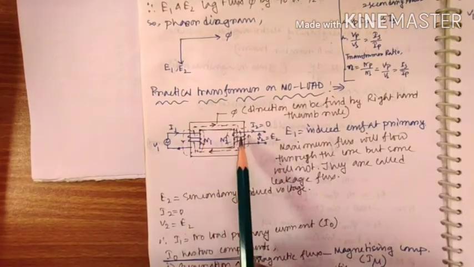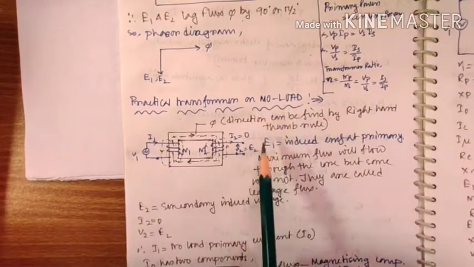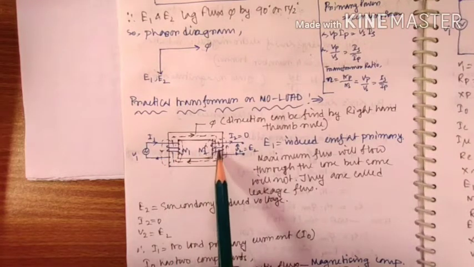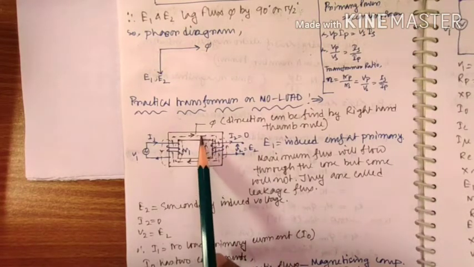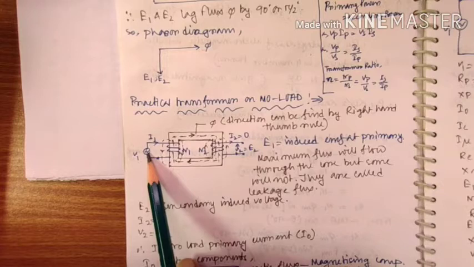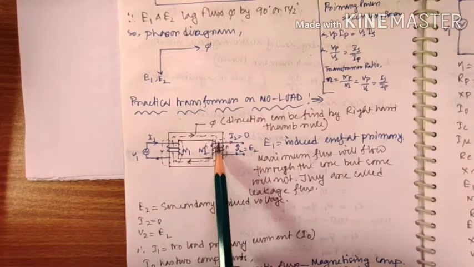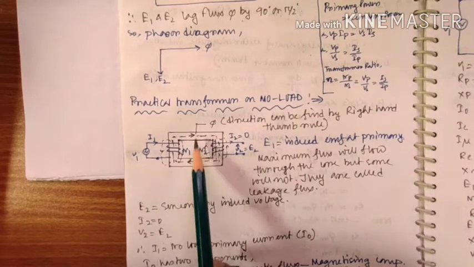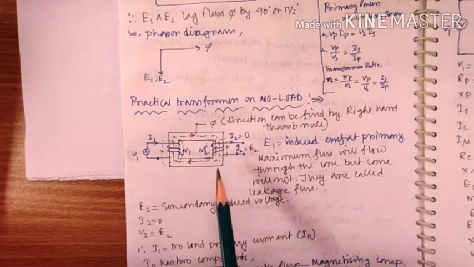So now, in case of the secondary winding, we have drawn the diagram in the no load case, so the secondary terminal is open. The secondary winding is experiencing a certain amount of flux, and this flux is alternating in nature because it is generated by a current which is alternating in nature. So as per Faraday's law and Lenz's law, the secondary coil also experiences an induced voltage, even if we have not connected any load in the secondary winding circuit.